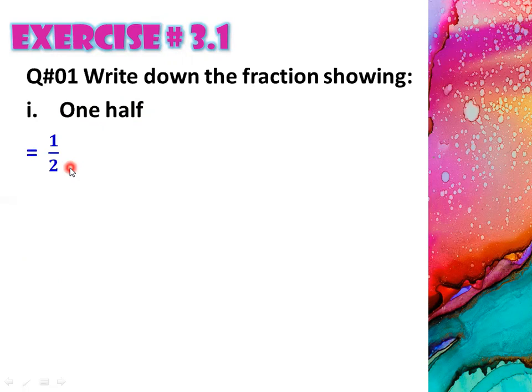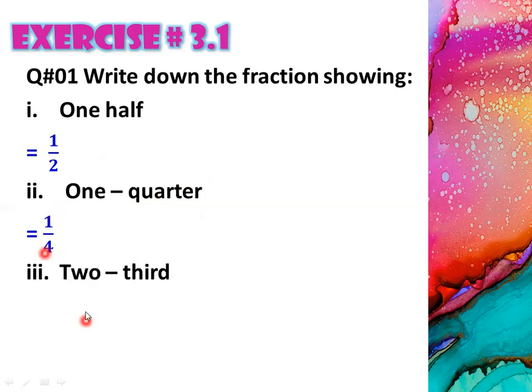Second is to convert 1/4. You have to convert this 1/4 into fractional form. The fractional form of 1/4, quarter means 4, will be 1 upon 4. Quarter means 4 and 1 means 1, so simply you will write 1/4. The first thing will be your numerator and the second thing will be your denominator.